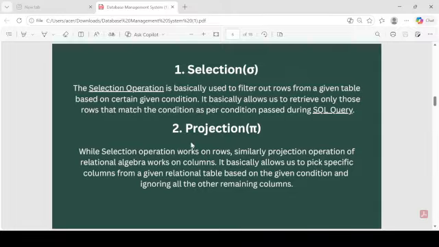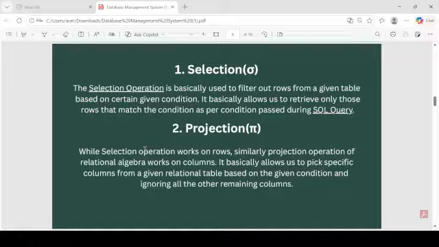All right, the next will be projection. While the selection operator works on rows, similarly the projection operator works on columns. If we want to use a condition that is show only name and age.